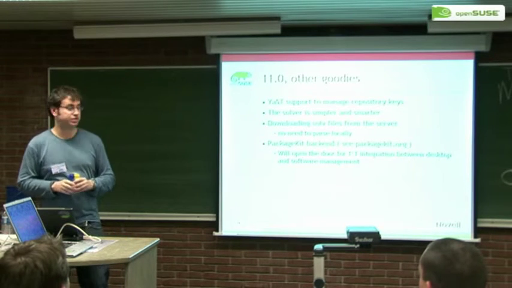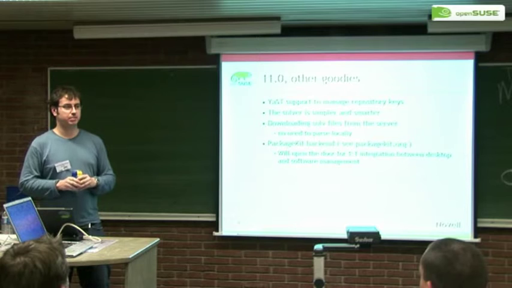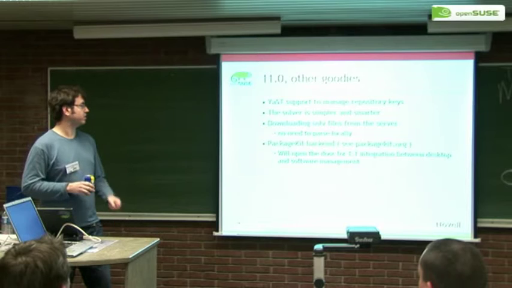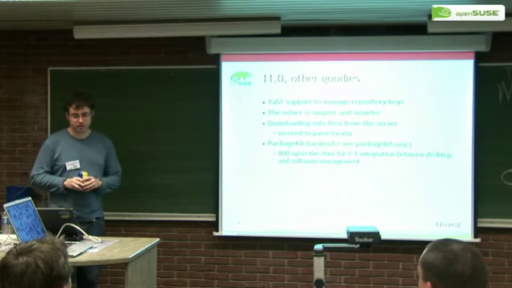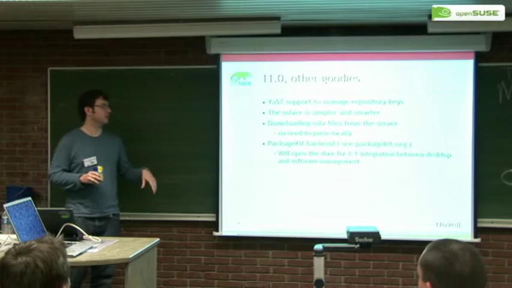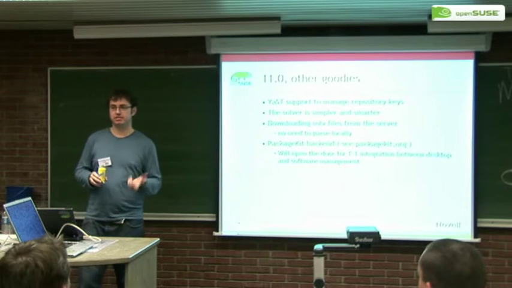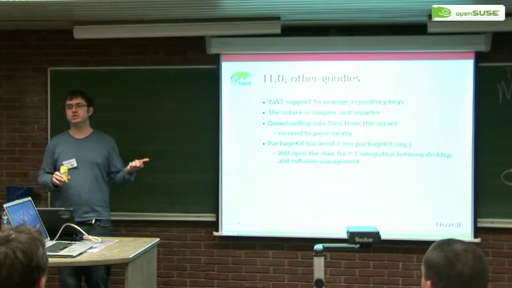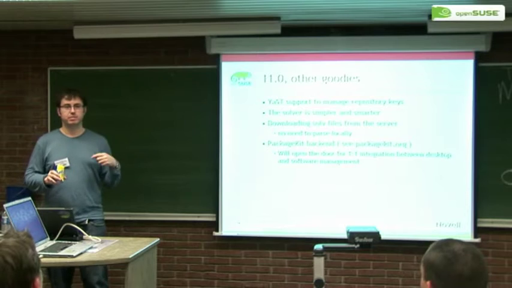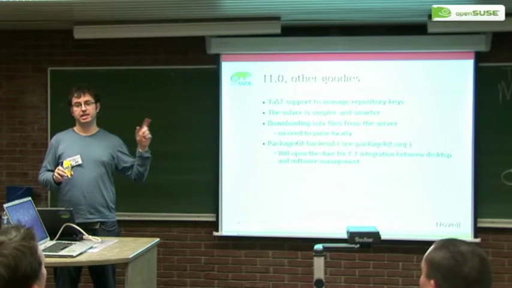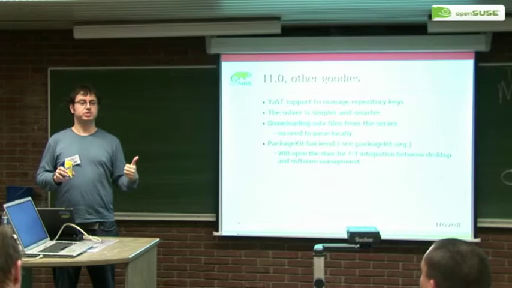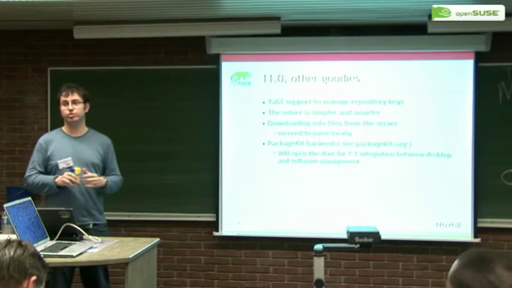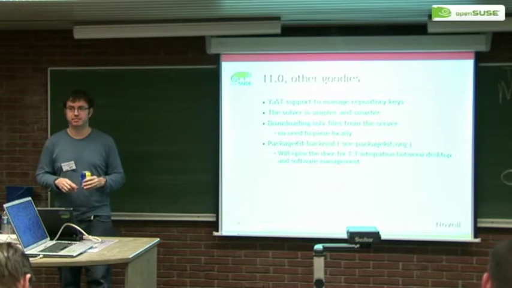But the solution it does is much smarter, and you will see that when you upgrade factory or you install new packages, it will suggest things like downgrades, which is really nice stuff. One feature we want to deliver for the speed is these solve files, which are basically the cache of a repository. And these solve files, we will try to generate them on the server. So you don't need to actually download the XML files. So libzypp will check if the solve file is there, and if it is, it will get it and just use it. And if it's not there, it will just get the XML files and build the solve file from scratch, which is also really fast, I think 5 seconds for factory or something.